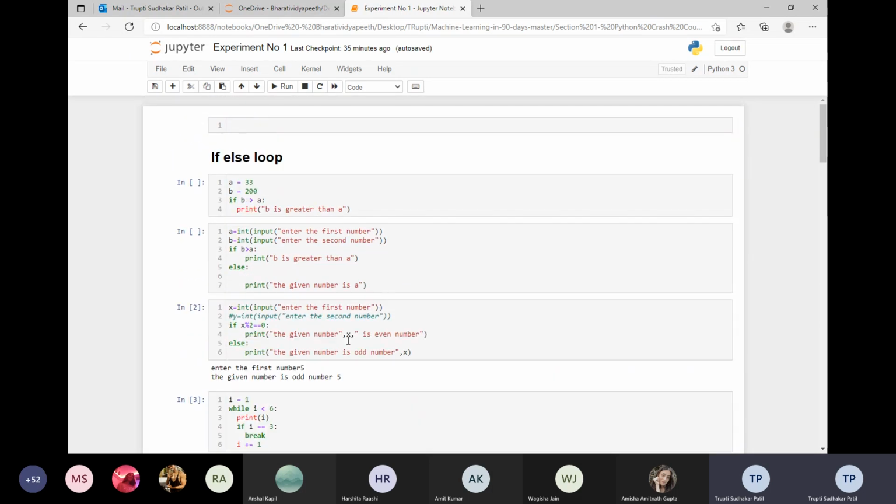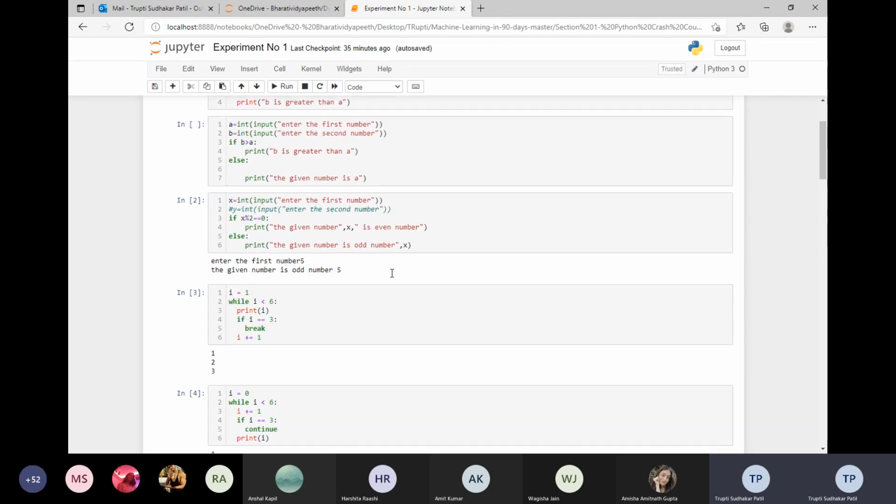Okay, so I will upload this. What you have to do, you try it yourself, but just try out your own things. I did this only to show you, like I have taken the odd even number. You can check whether the number given, enter the number, is a positive number or negative number. You can try that also. Then greater, smaller, it will be very easy. But you should try it in a different way.